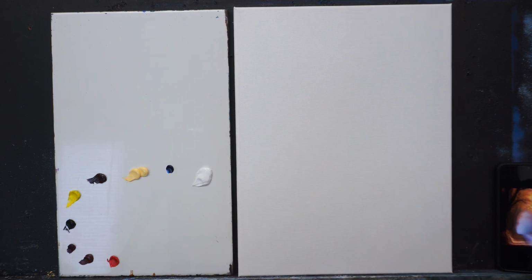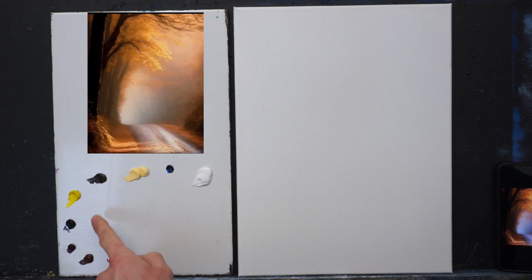I'll tell you what colours I'm using today. I have titanium white, phthalo blue, Naples yellow, burnt umber, cadmium yellow, lamp black, magenta, burnt sienna, and cadmium red. Lovely warm palette. And let's start with,